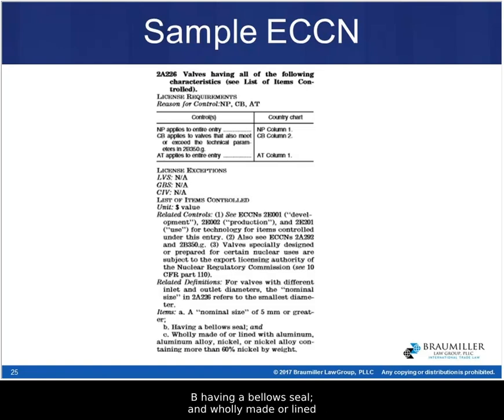B, having a bellows seal and wholly made or lined with aluminum, aluminum alloy, nickel, or nickel alloy, etc. So this is not your typical valve. This is a valve that is made likely to be very corrosion resistant with these either aluminum or nickel alloys. It's a high-tech product, and it's likely controlled because this type of valve could be used for, say, processing of nuclear-type materials, and that's why it has these extremely corrosion-resistant